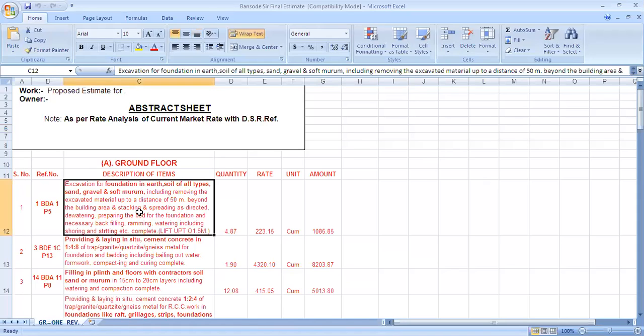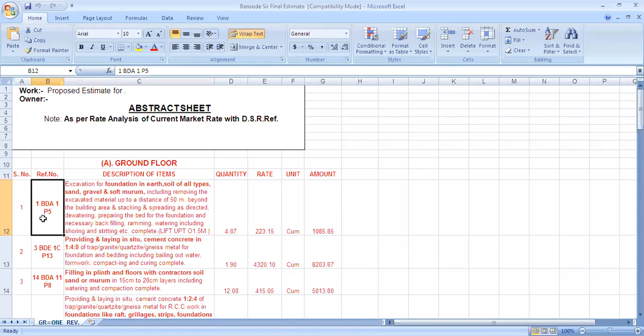Yes. Now if you see what description is there, what they have asked, like excavation, suppose we are discussing one simple example I want to share with you. Now this is the reference number which has been given, 1 BDA, that is 1 part 5. From where are you getting this reference number? You are getting it from the SSR. Whatever SSR we have for the year 2021, from that SSR you get the descriptions for the excavation activity, and from that you need to choose the correct one.